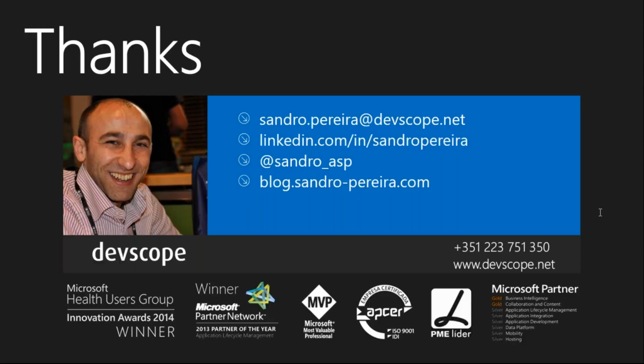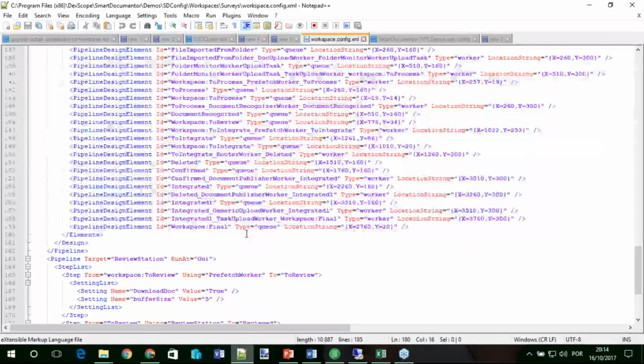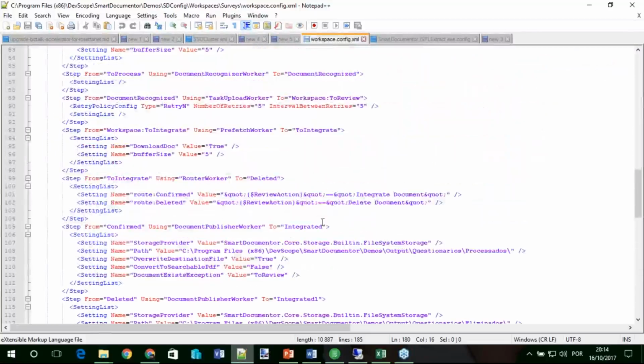So in SmartDocumentor we have an HTTP connector, a C# DLL that sends a JSON message to an HTTP endpoint. Let me see if I have something here. Okay, yeah, I think I have it here.